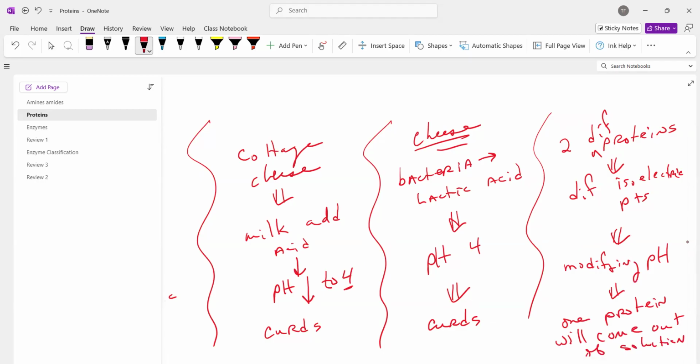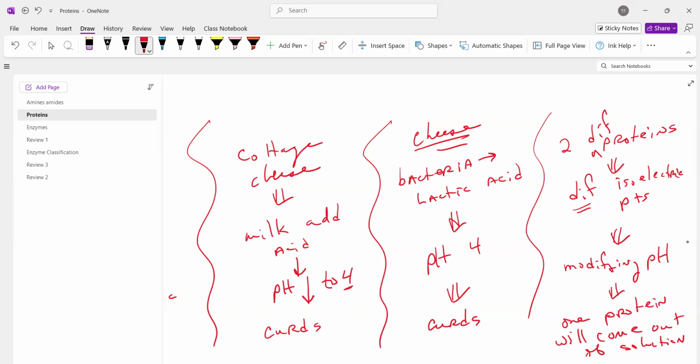So it's a very, very, very common technique for purifying proteins, using the isoelectric points. Now, if the isoelectric points are the same, this does not work. Only if the isoelectric points are different. If they're the same, then you have to use some other techniques. There's a whole bunch of them. There's something called chromatography, and you can look at different ways that the protein interacts with different gels, and it just goes on and on and on. But this is the most basic and easiest to understand purifying technique of proteins, looking at the isoelectric points